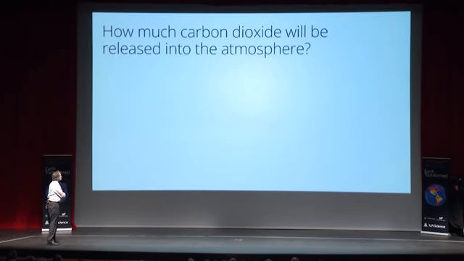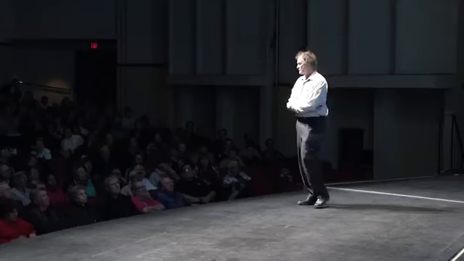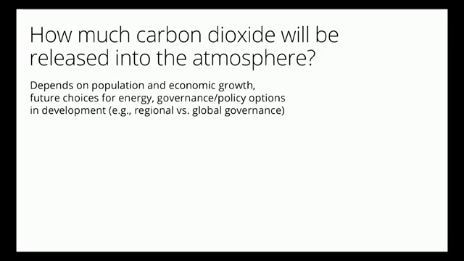So if we want to know where we're going, we need to know two things. How much warming will we get for a given amount of carbon dioxide in the atmosphere? And how much carbon dioxide are we going to put in the atmosphere? That question is not a science question. It's a society question. It's something that's decided by people who run energy policies, government policies, regulations. It depends on how many more people we add to the planet. It depends on whether governance on these issues is going to be regional, national, global, right? And people get together every, say, 15 years and come up with these projections, and they're all over the place.